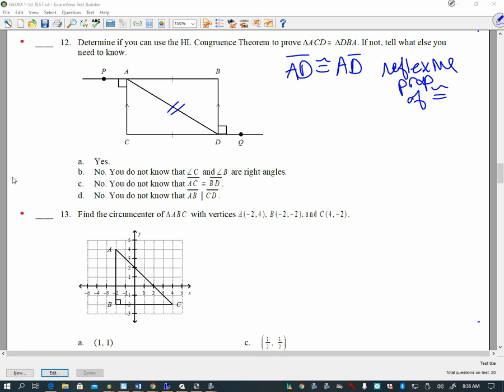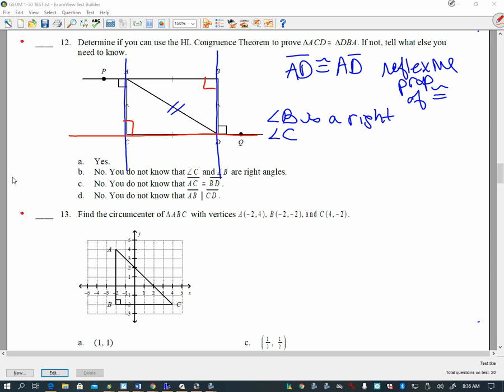The next thing I want you to be able to tell me is that angle B is a right angle. In fact, you could tell me that angle B and angle C are right angles. Okay, but I want to know the reason why. How do I know that angle B and angle C are right angles? Well, notice that they tell me that these lines are parallel, correct? So that would make this line a transversal, which would make this a right angle, and we would see this over here as well. So I should be able to say that those 2 angles are right angles.